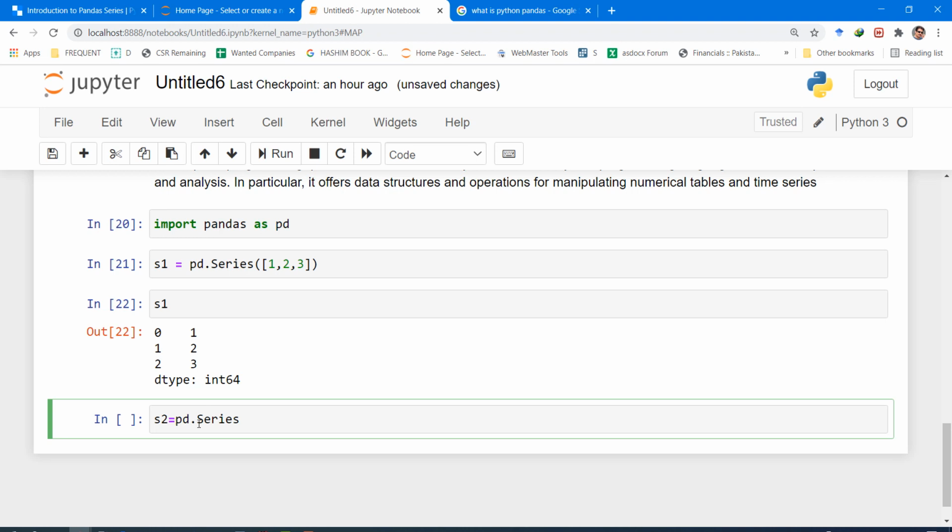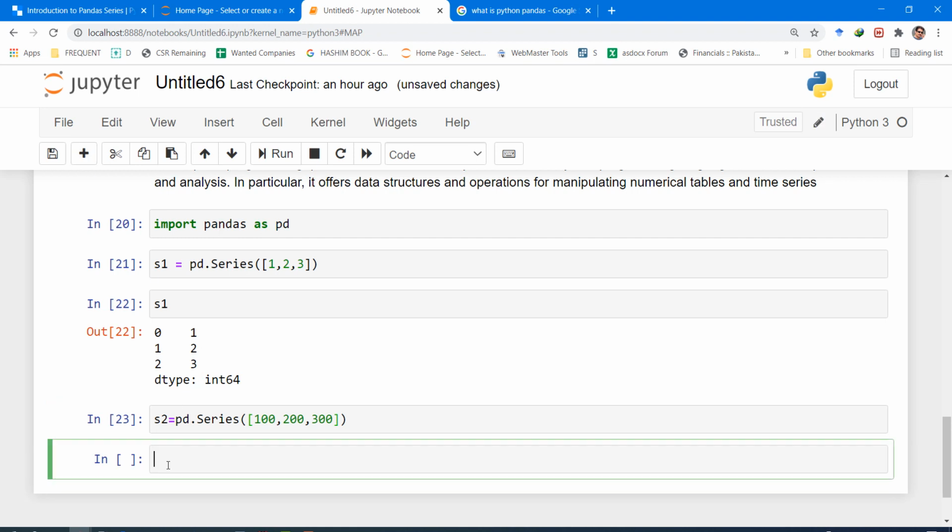Remember, the S in Series has to be capitalized, and then the parentheses. Remember, we use parentheses with methods or functions, and then we provide a Python list. Let's provide the list of 100, 200, and 300.